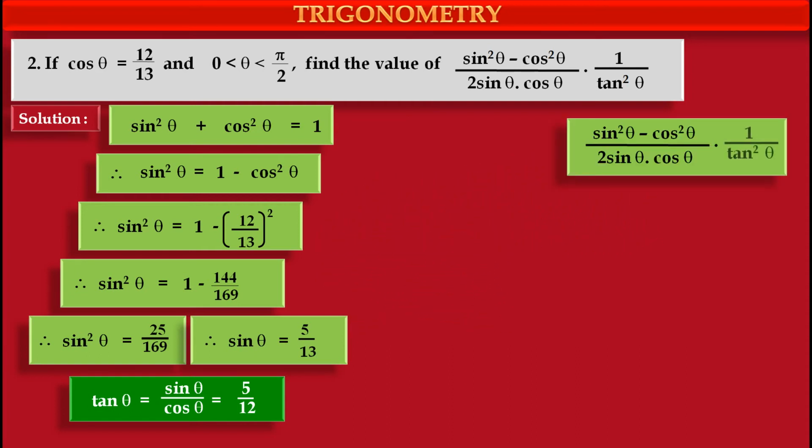Now first we have to write the required trigonometric function. It is (sin square theta minus cos square theta) upon 2 sin theta cos theta, into the other fraction 1 upon tan square theta. Now we have values of all these trigonometric terms. We have the value of sin theta, cos theta as well as tan theta. So substituting these values here, we get,